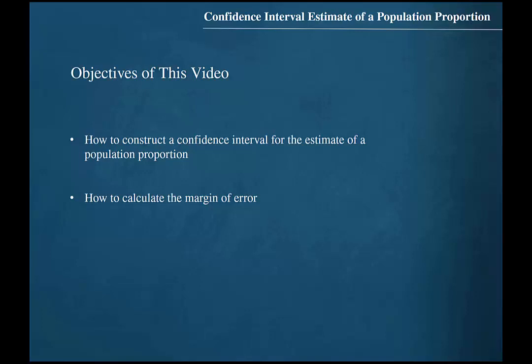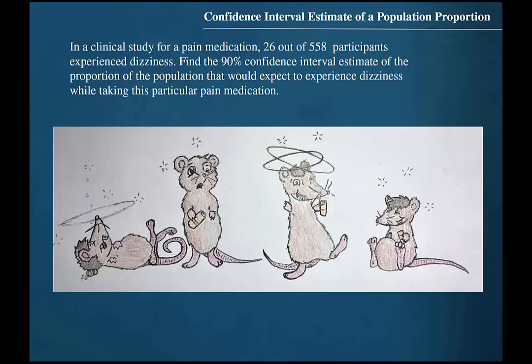The objectives for this video are to learn how to construct a confidence interval for the estimate of a population proportion and how to calculate the margin of error. In a clinical study for a pain medication, 26 out of 558 participants experienced dizziness. Find the 90% confidence interval estimate of the proportion of the population that would expect to experience dizziness while taking